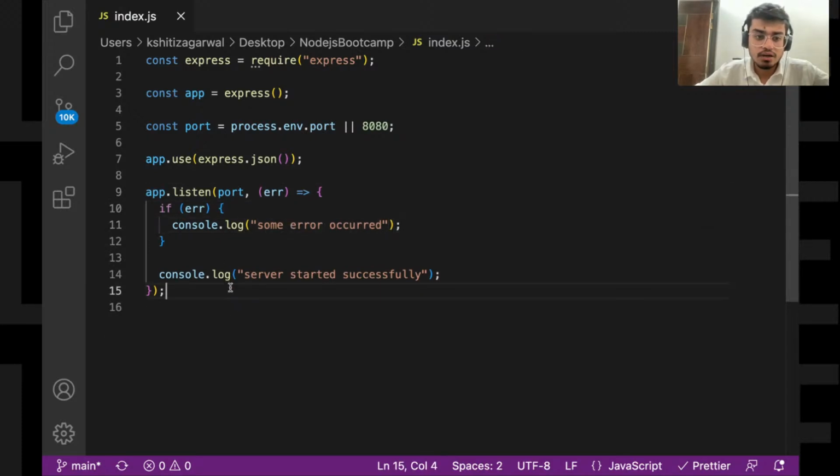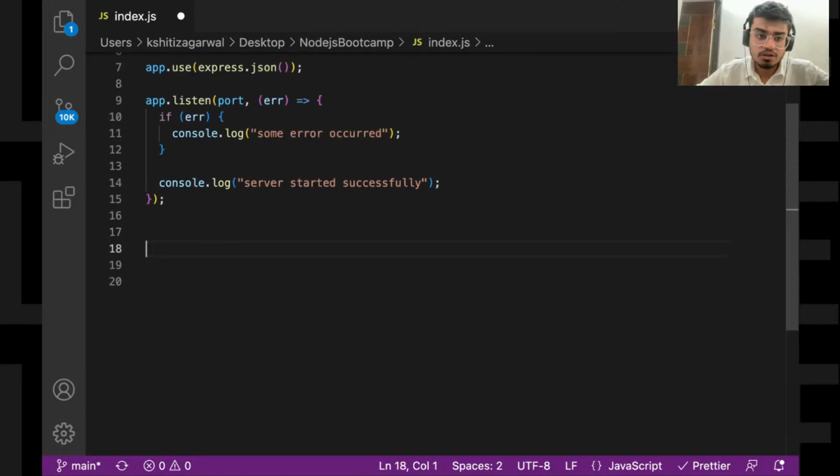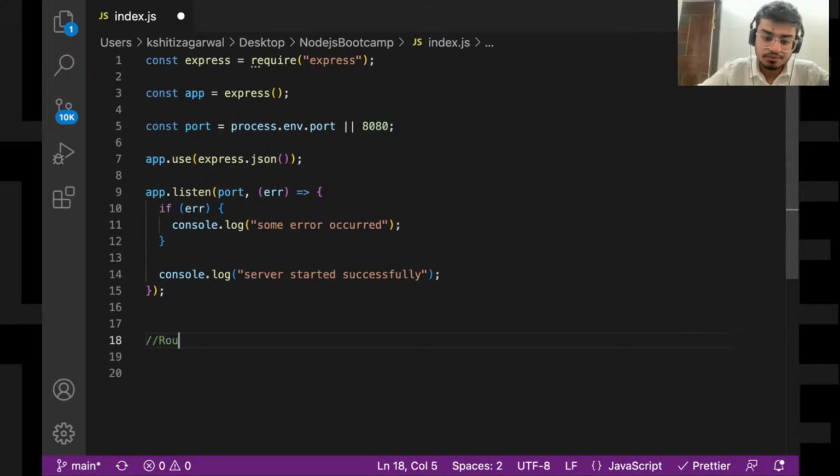Now I'll be telling you about routing, and that is actually modular routing.